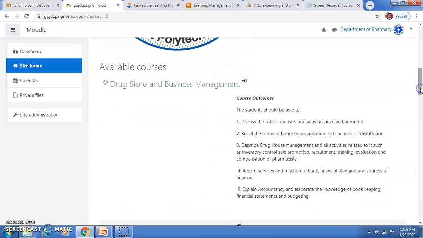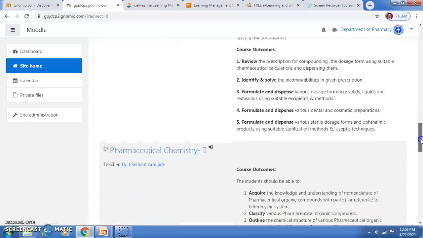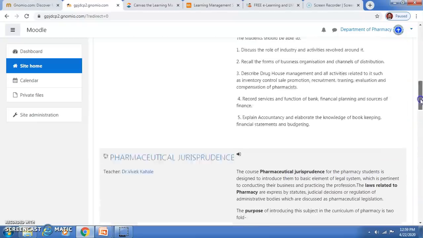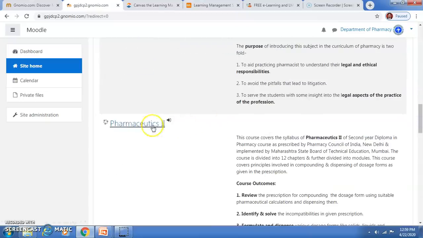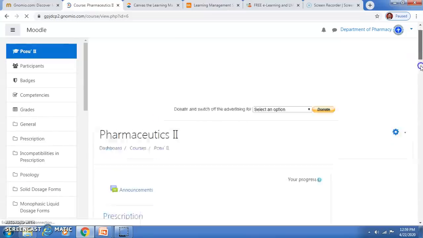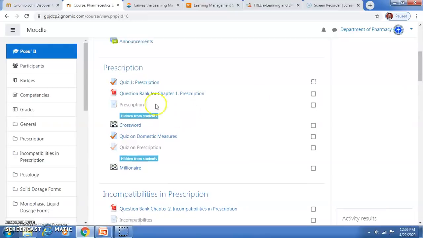You can see all the subjects have been given as courses over here. So you can go into some of the courses, you will come to know that every record of the students can be seen. So you can have the PDFs, the videos, then you can even have the games installed. So likewise you can create the Gnomio course for your students and run free of cost.